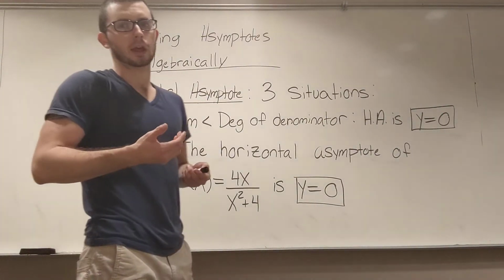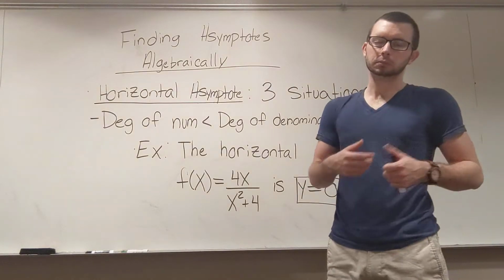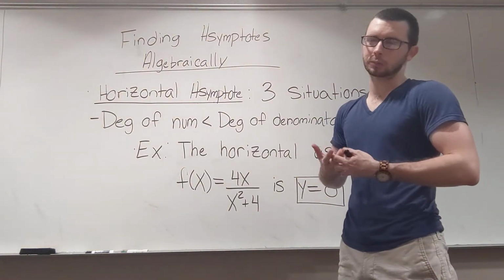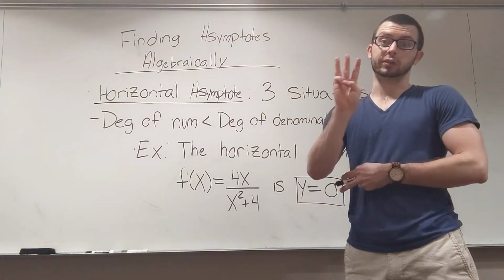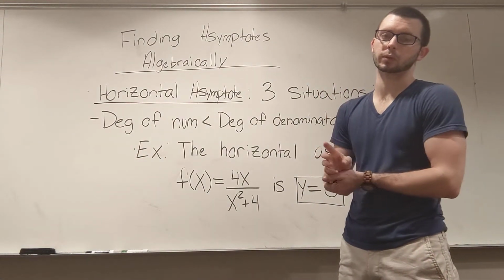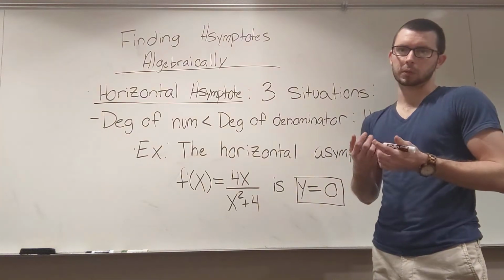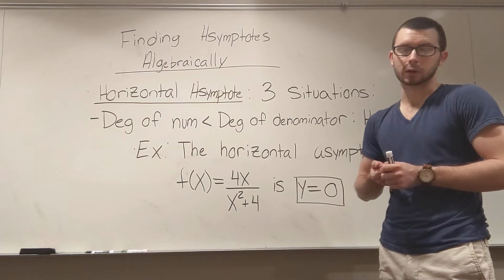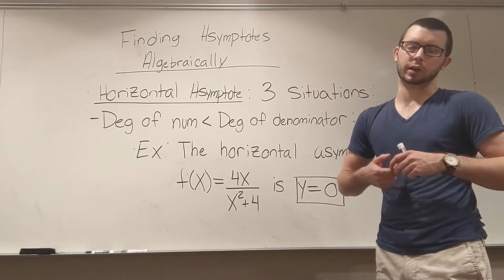What we're now going to look at are horizontal asymptotes. And as I mentioned a second ago, these tend to be a little bit more complicated asymptotes, only because there's criteria. In fact, there's 3 situations that can happen in finding horizontal asymptotes. And these situations all result from the degree of the numerator and the degree of the denominator, how they compare. And we're going to go through each one of those one by one, as well as look at an example